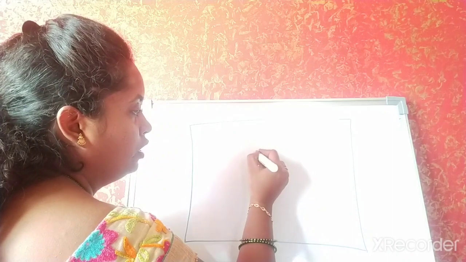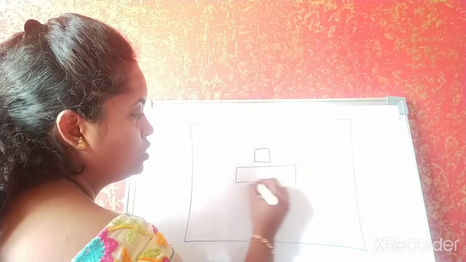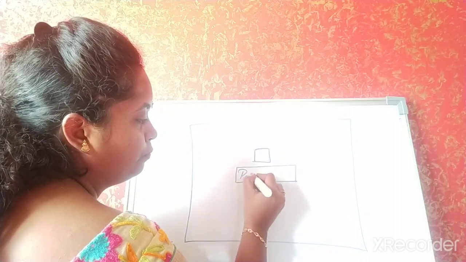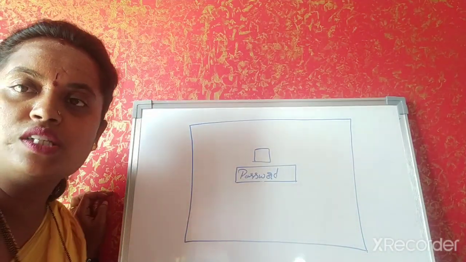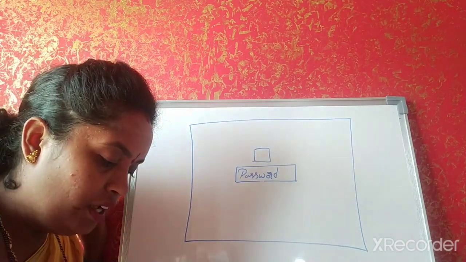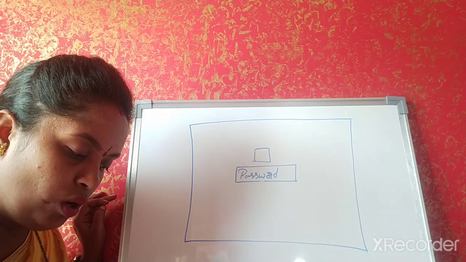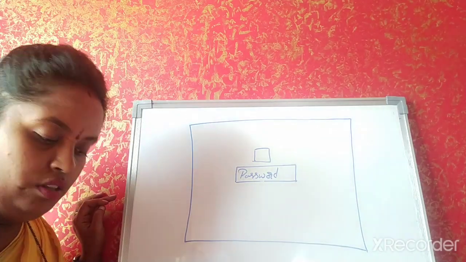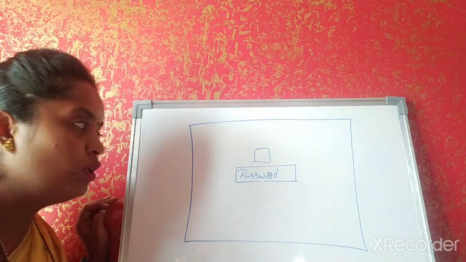Yes, there will be some image, and here you will be able to see the password. Yes children, you will be able to see the password. So what is that? It is an operating system which runs on your computer. It helps you to do a lot of work on the computer. Okay, it somewhat looks like this. Once you turn on the system, it looks like this.